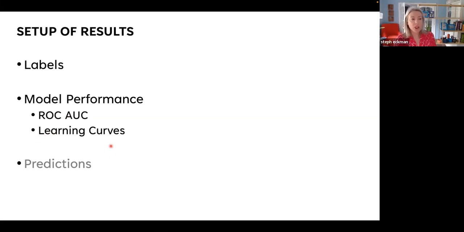And then we're going to look at the learning curves as well, sort of how does that measure of model performance, that ROC AUC, change as we get a little bit more training data. And then I've also got a little bit of data about how the predictions of the models themselves differ. I grayed that out here. I don't have that in the main body of the presentation because I got some feedback that it was a little bit repetitive and a little bit much to take in, but I can show that if anybody has questions.